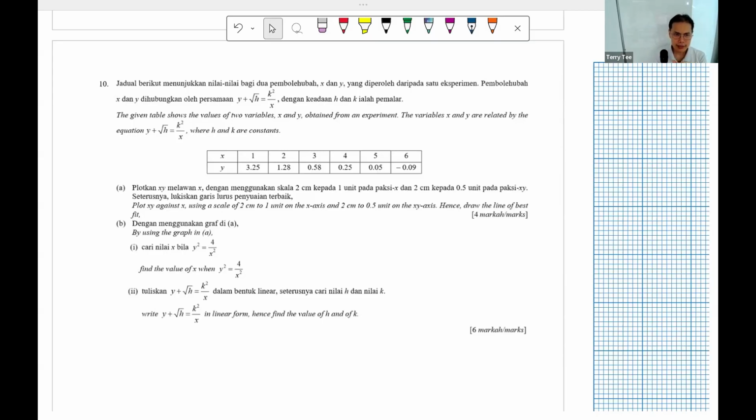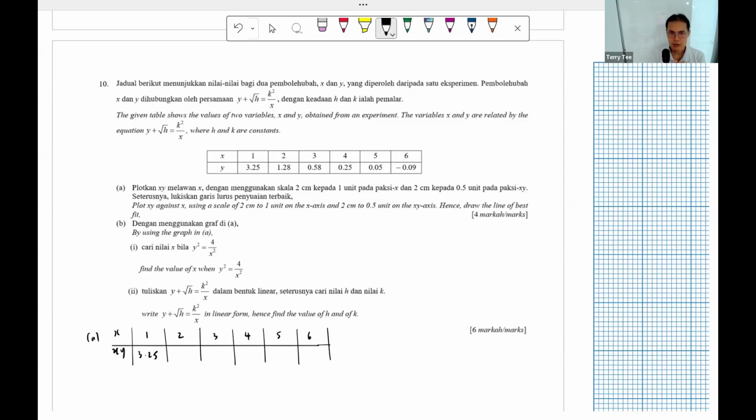So I'm going to redraw my table, x and xy. Draw a line, like this. I need how many points? I need 6 points. So 1, 2, 3, 4, 5, 6. The first x value, 1, 2, 3, 4, 5, 6. xy means 1 times 3.25 is 3.25. 2 times 1.26 is 2.56. 3 times 0.58 is